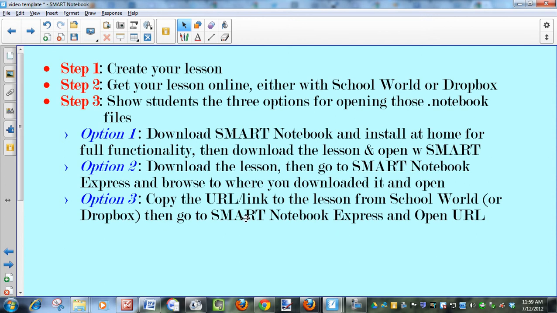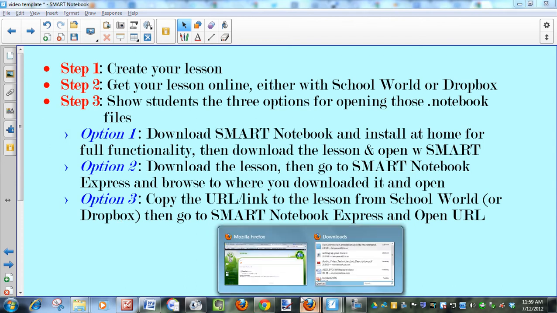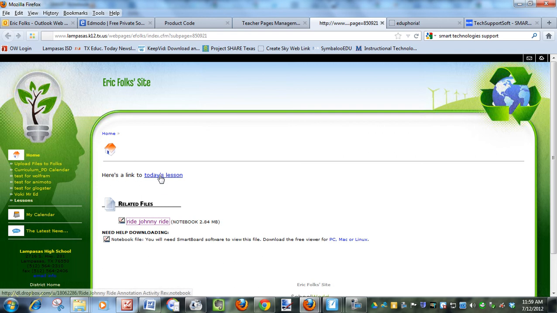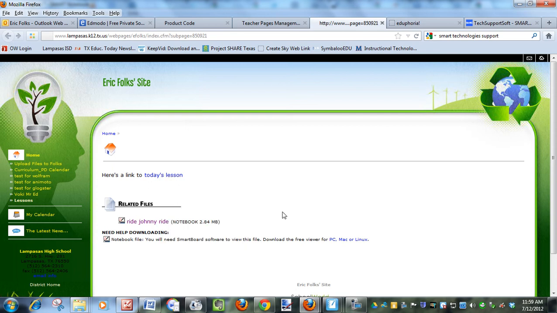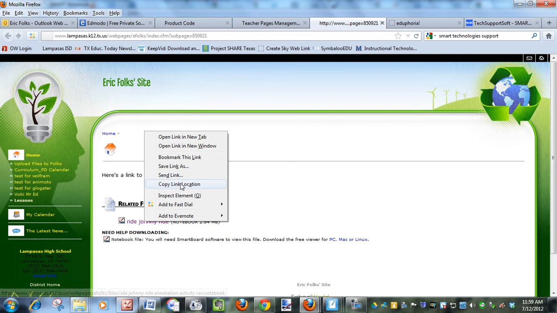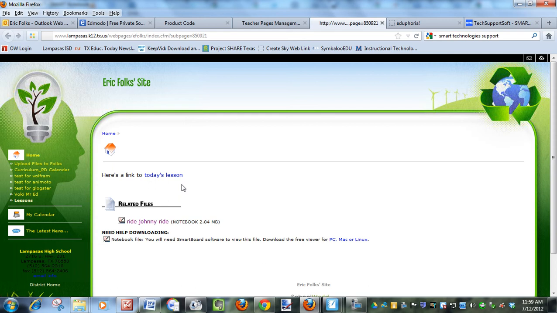This is the best option for those with a really slow internet connection. They're going to copy the URL or the web address or link to the lesson that you posted on Schoolworld or Dropbox. Okay, so how do you do that? All it takes is right-clicking on the actual link and copying the link location. Or if you've uploaded it to Schoolworld with the Files tab, you can right-click on that and do the same thing. Copy link location. So basically we're just copying that web address to our clipboard. So now